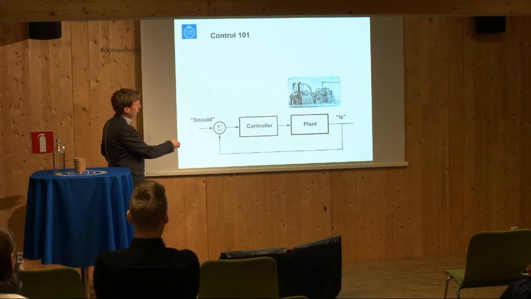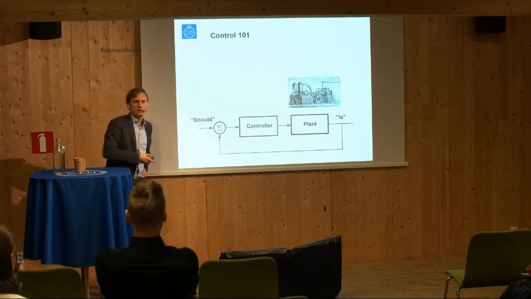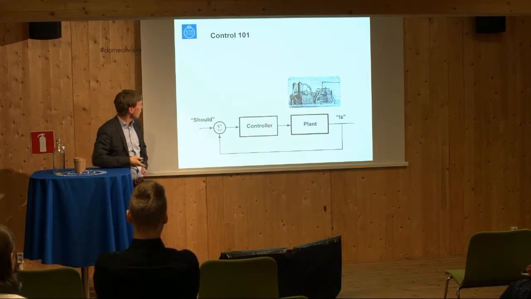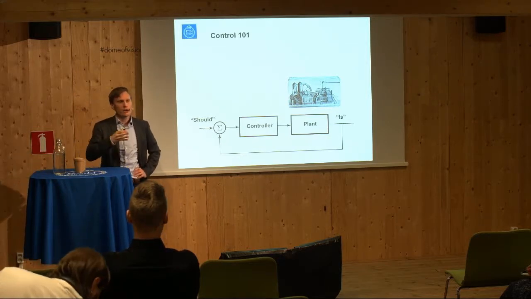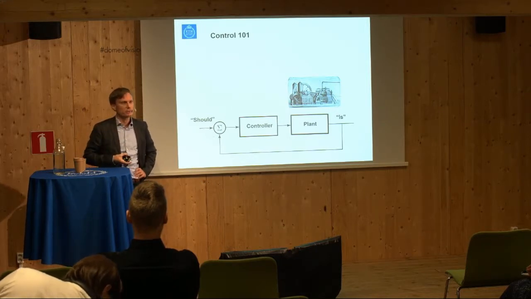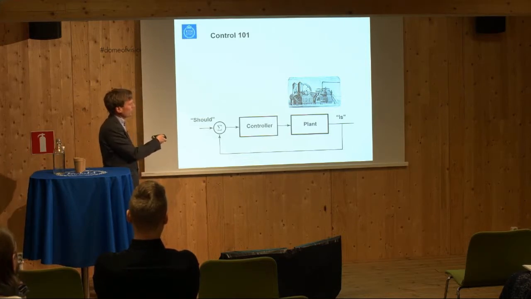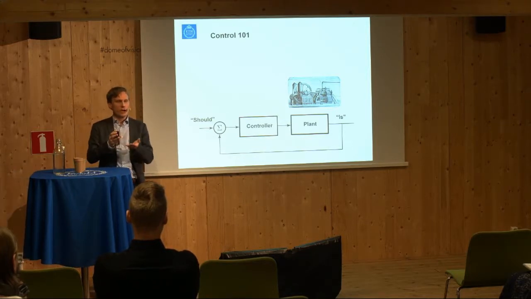So if you follow the arrow here backwards, we subtract that measurement from some reference point I call "should". It's a target value. Let's say that is the actual speed we would like the engine to rotate with. So the difference here is basically a measure of a misfit, if you like, how far away we are from the target speed of the steam engine. This is then fed into a mechanism we call a controller. I will come into what this could be. That controller should make some wise decisions on how to change the plant to increase or decrease its speed. For instance, by changing a valve to let in more or less steam into the engine.